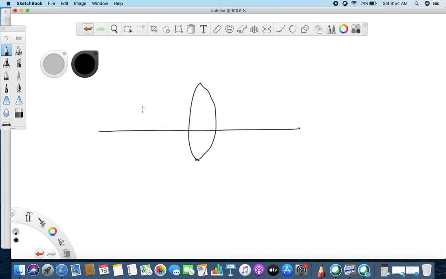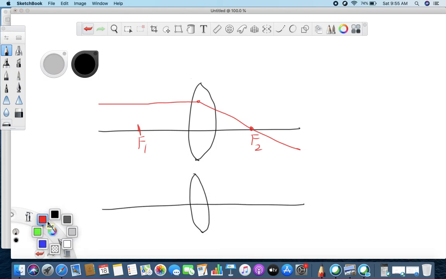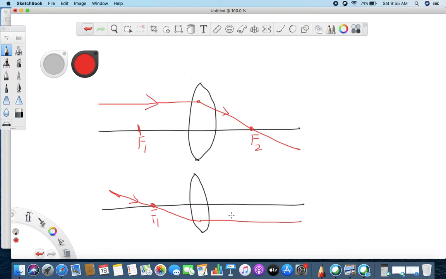Now this is your principal axis. What they are saying is, if a ray is parallel to the principal axis, after refraction, from where does it pass? It passes through F. But here it is F1, so we write this as F2. Similarly, what is our second rule? Second rule tells you that if this is your lens, this is your principal axis, if a ray passes through F, after refraction, it will become parallel. Did you see the same rule as what we have seen in the mirror?